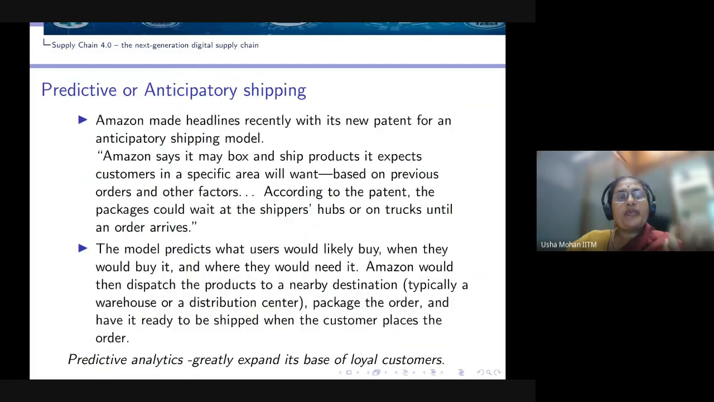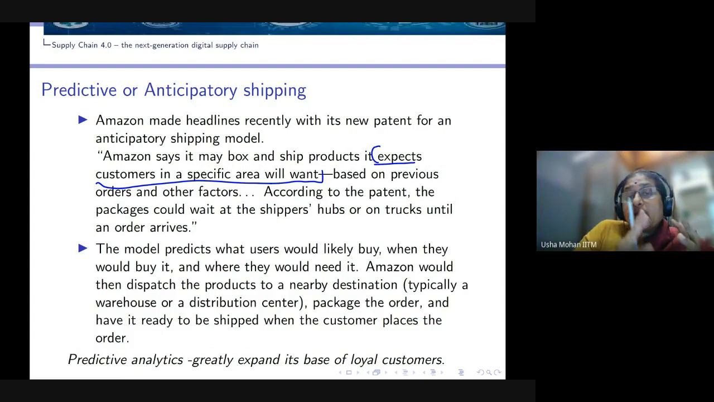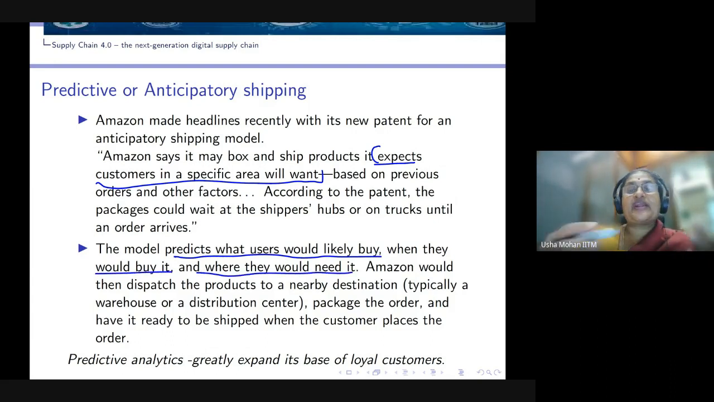Okay, what predictive shipping is: Amazon made headlines very recently for an anticipatory shipping model where it says it will box and ship products it expects customers in a specific area would want. This is very important. What Amazon is doing is predicting what users would like to buy, when they would want to buy, and where they would need it. How is it predicting? It is predicting based on